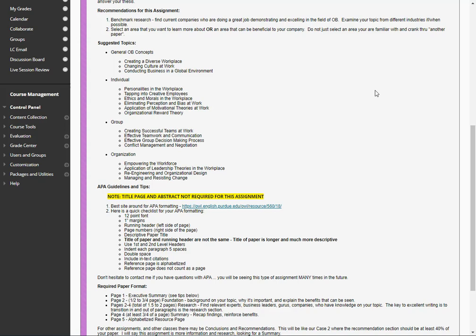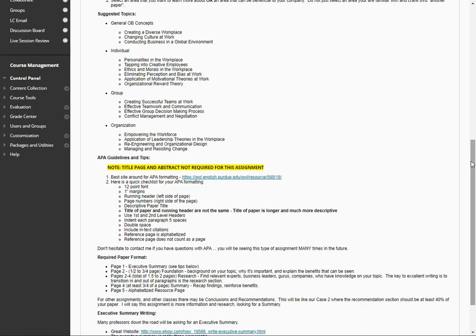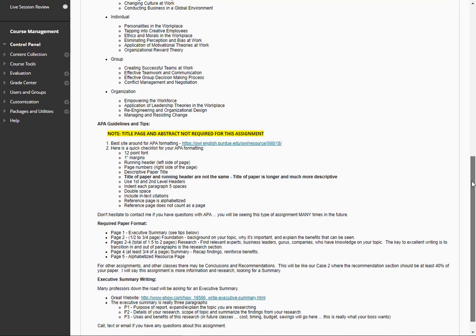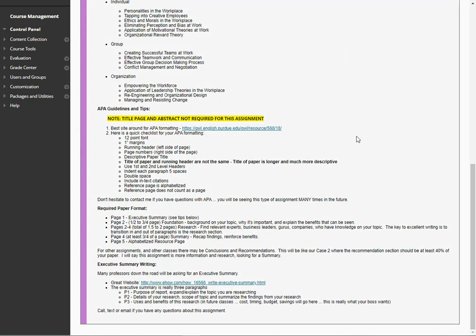As we look through here, this is going to be pretty much a full-scale APA paper. You won't need a title page. You don't need an abstract, which means you really don't need a table of contents either, but you will need to follow the basic rules.